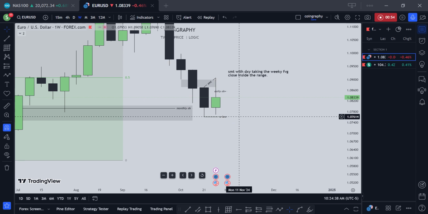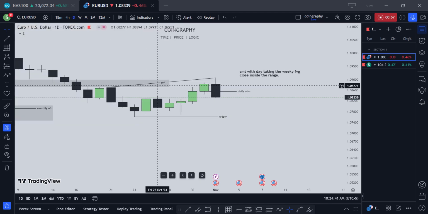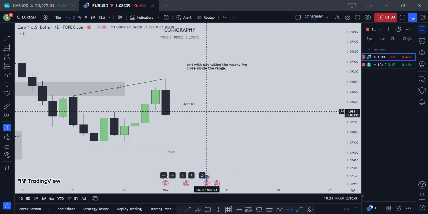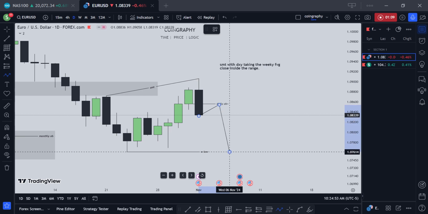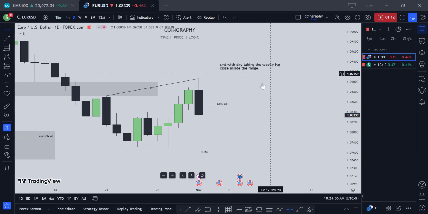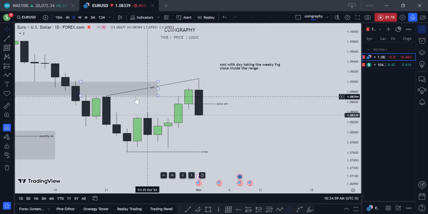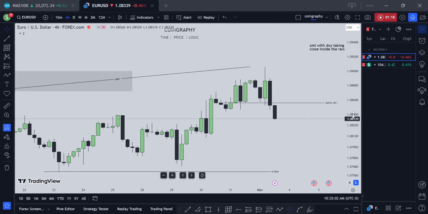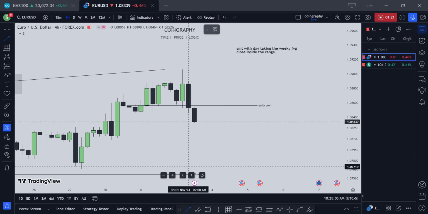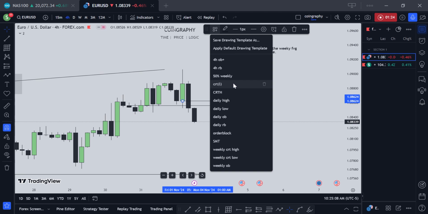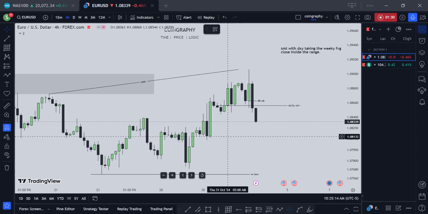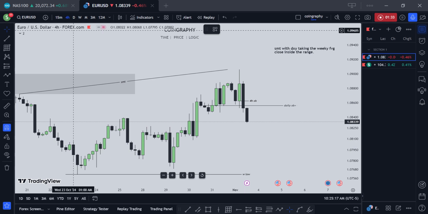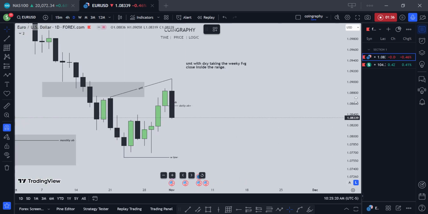Now, going to the daily time frame, we are seeing price form a bearish order block, which might push price downwards here, and then price would take this weekly low. So that is what I'm anticipating for next week. If you look at the 4 hours time frame also, we have a 4 hours order block here that price formed. You could potentially tap into this and continue the movement to the downside. So that is my bias on EU.